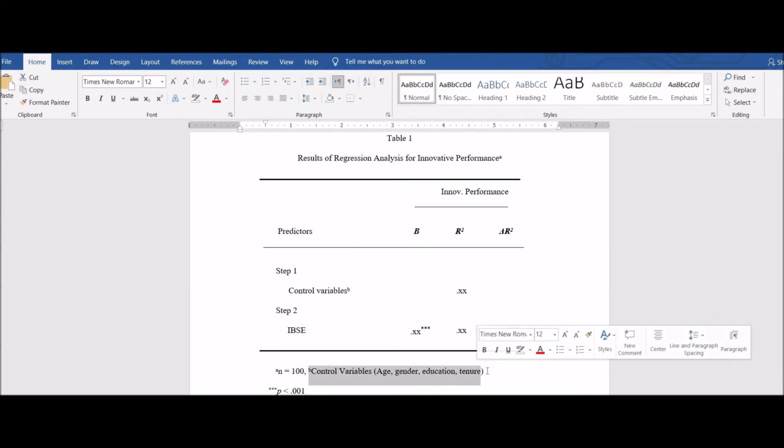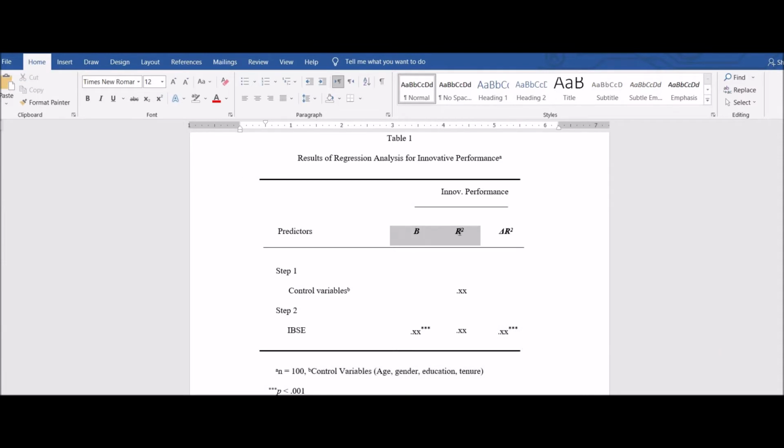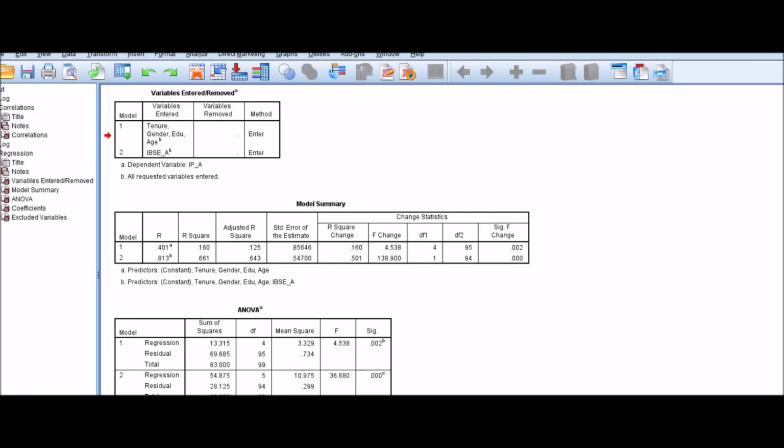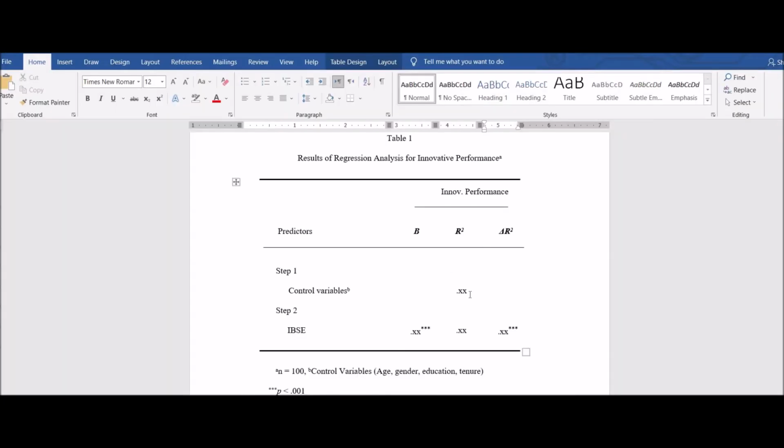For innovative performance, you need to report beta, R square, and change in R square. So you need to put these values mentioned in XX. Here you can see that for model 1, the R square is 0.16. So you need to enter this value of R square here. R square value of control variables 0.16.